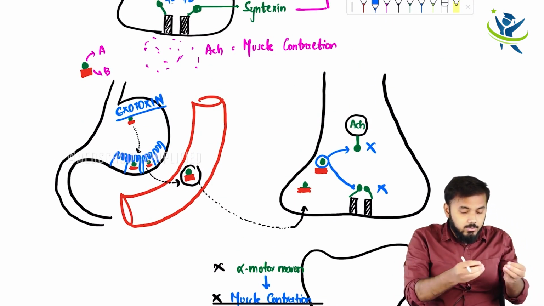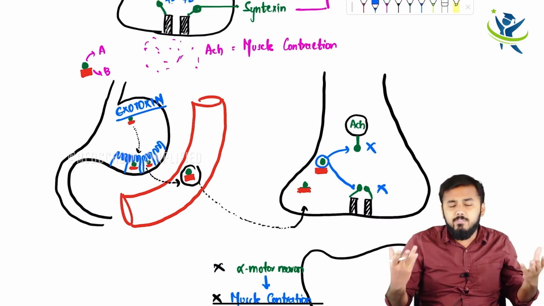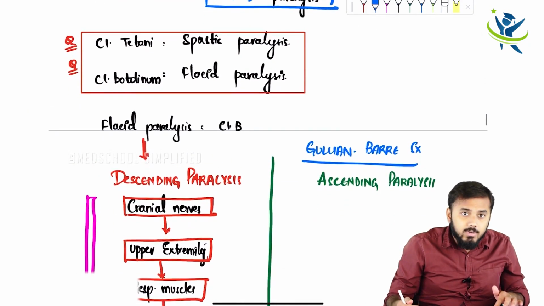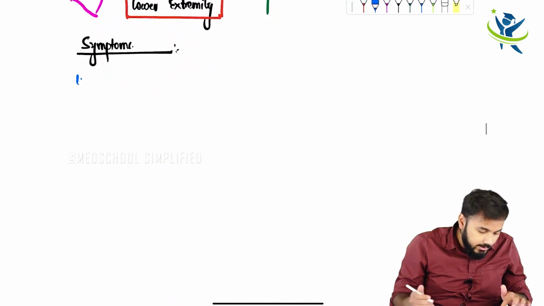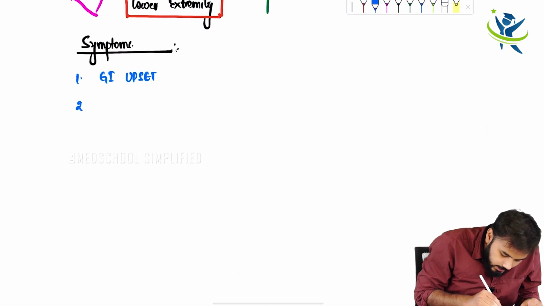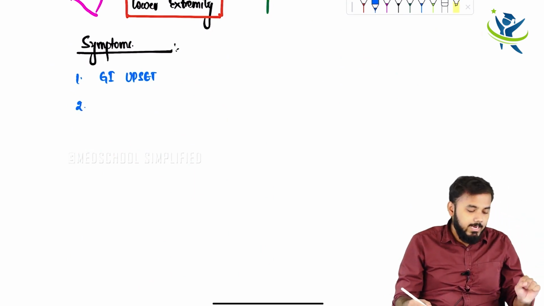So obviously when the exotoxin enters into your intestine, it will definitely damage your intestine. So you will definitely have what? You will definitely have GI upset. So the first point is gastrointestinal upset. Coming to the second point. Second point is,